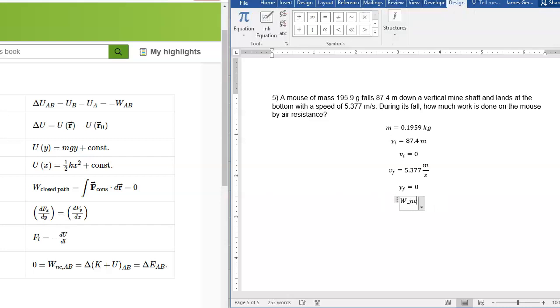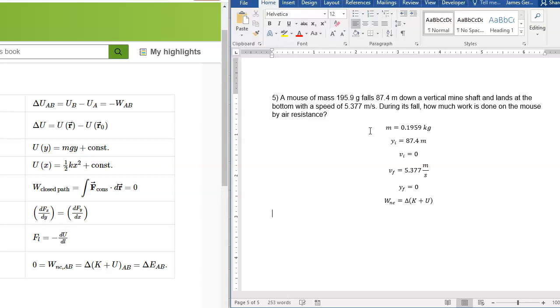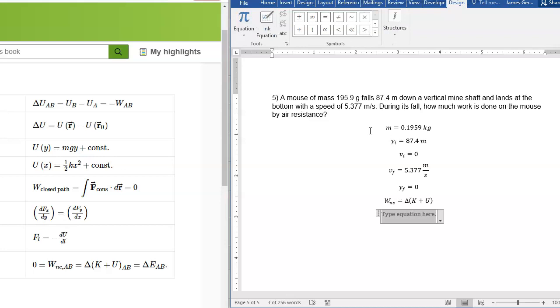Well, the work done by non-conservative forces is going to be delta K plus U, right? The change in potential and kinetic energy from the top of the mine shaft to the bottom of the mine shaft is going to be the work done by friction due to air, right? The air resistance. So the change in kinetic energy, initial kinetic energy is 0, so the change in kinetic energy